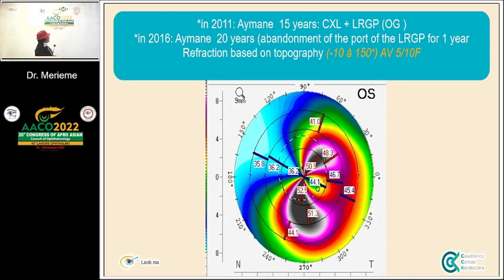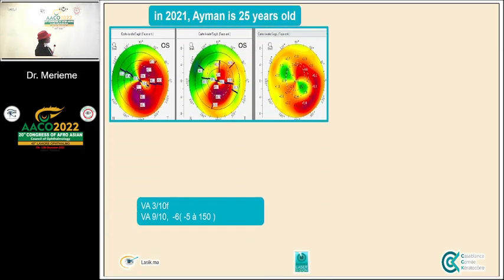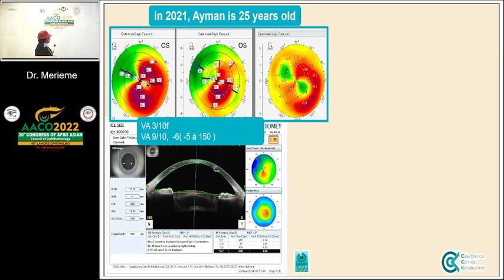So this patient had intracorneal rings first to regularize the cornea, 2 rings, and after we did OCT, and he received